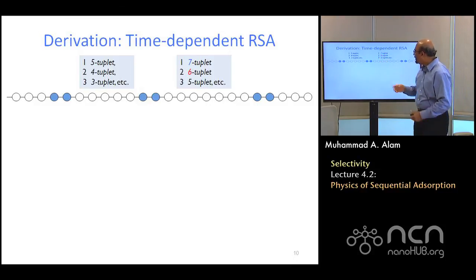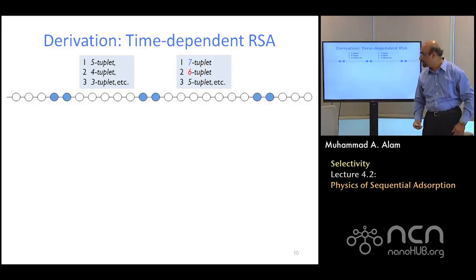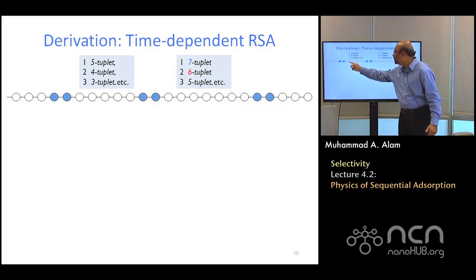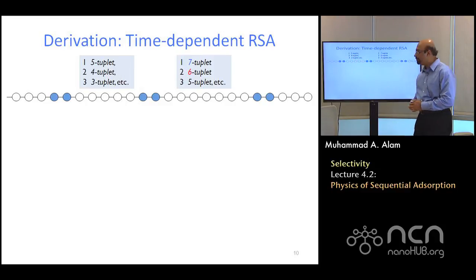But this 7 contains 6 tuplets, because you have 1, 2, 3, 4, 5, 6. You have 6 here and a 6 connected chain. So this 6 connected chain, one side is displaced by 1, another 6 connected chain makes it 7 connected chains. And if you want to check chains of 5, run of 5, then you have 3 of them. In this particular case, you have 1 5 tuplet, 5 empty spaces connected, 2 4 tuplets because you have 4 and 4, and so on and so forth.